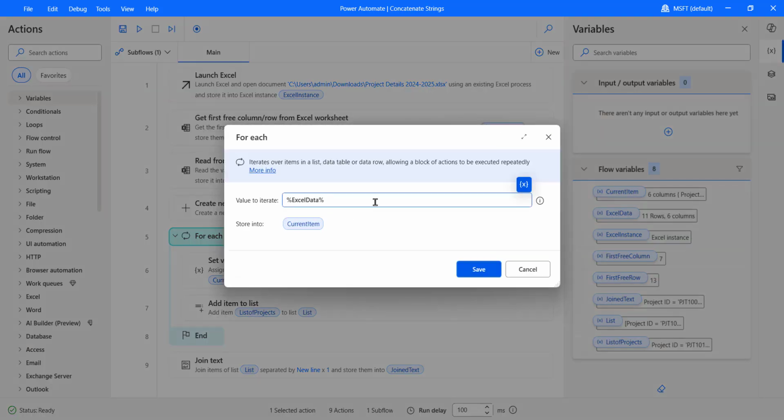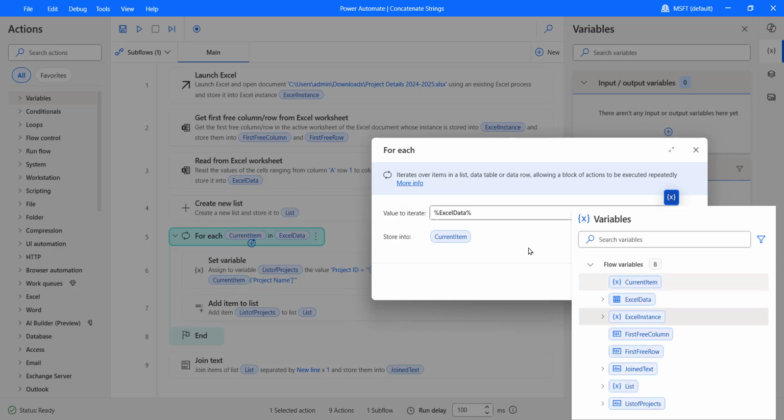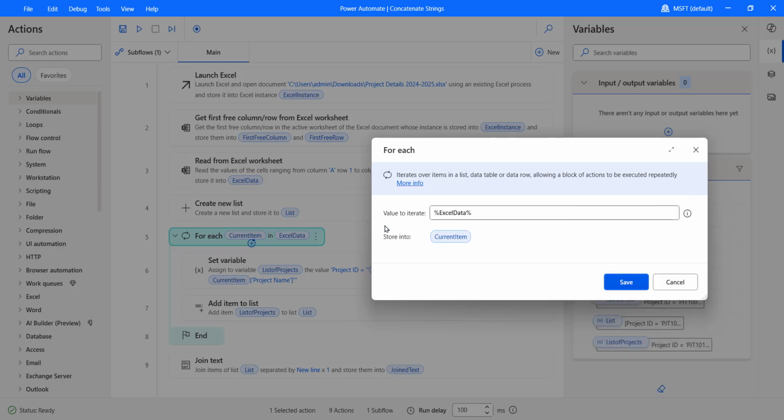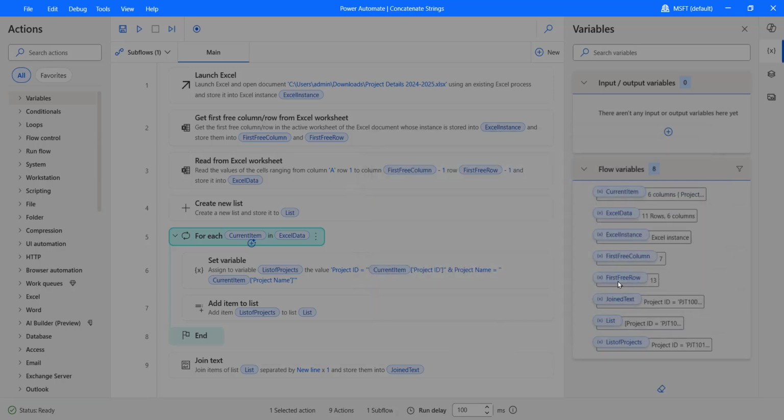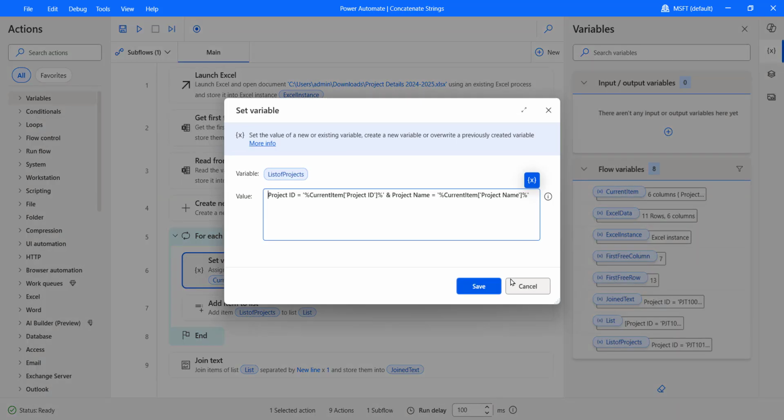In the for each loop, you need to iterate the Excel data. This Excel data is coming from read from Excel worksheet. So take the variable of Excel data and it will store the values into the current item, and then click on save. Here I'm setting a variable where I wanted to only take and concatenate project ID and the project name. So this is the expression I provided here,